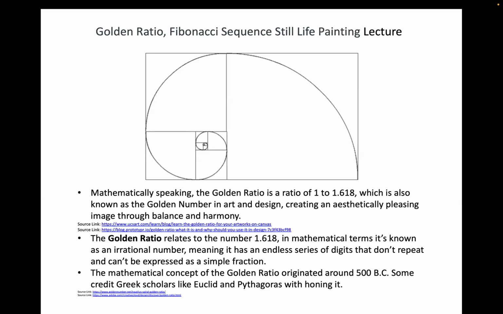The golden ratio relates to the number 1.618. In mathematical terms, it is known as an irrational number, meaning it has an endless series of digits that do not repeat and cannot be expressed as a simple fraction. The mathematical concept of the golden ratio originated around 500 BCE, and some credit Greek scholars like Euclid and Pythagoras with it,